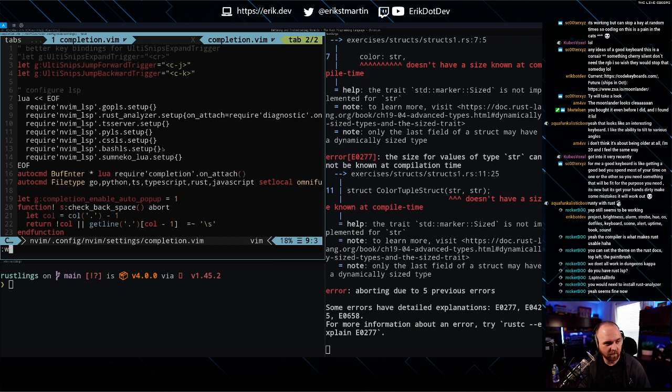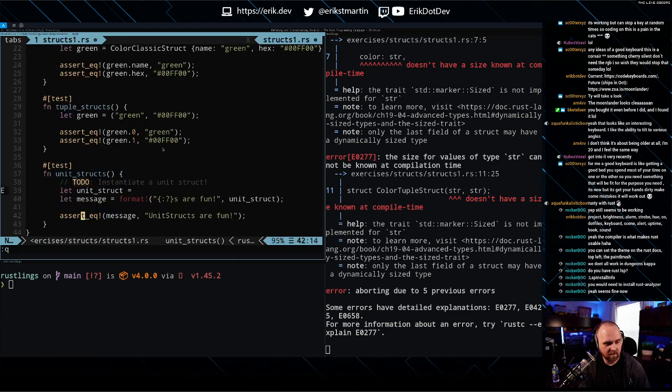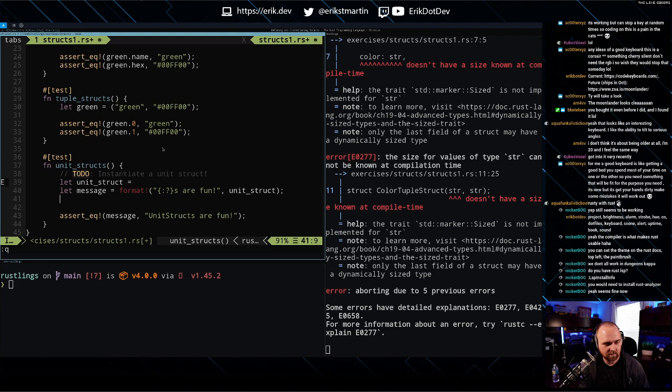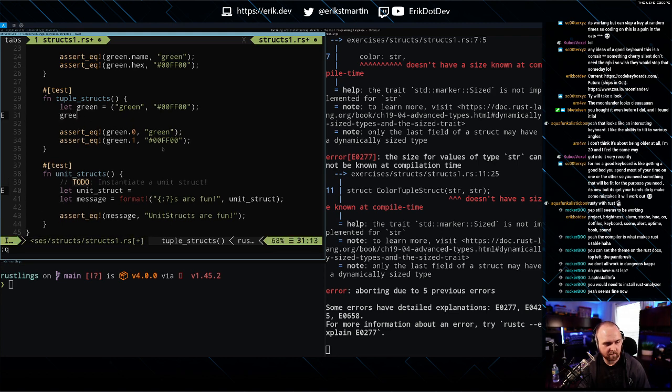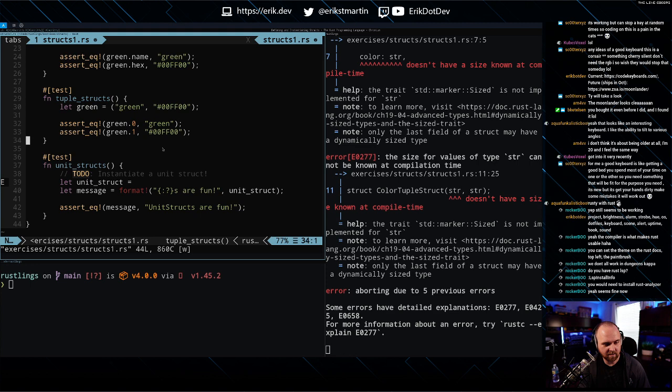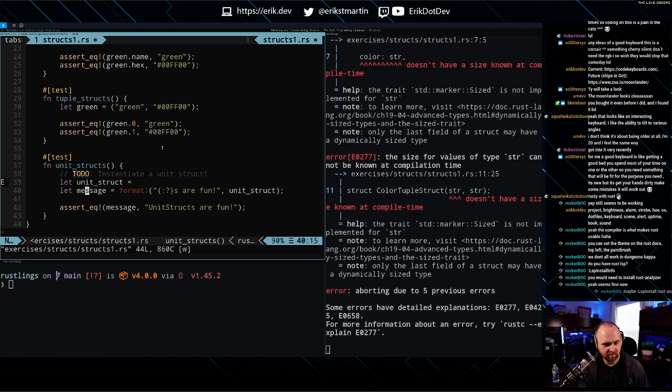to work for it, but I'm not getting any completions, right? These are just snippets. So for some reason my LSP is not working for this, because I also can't get hints on these.